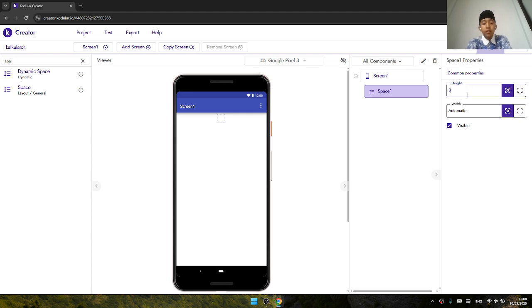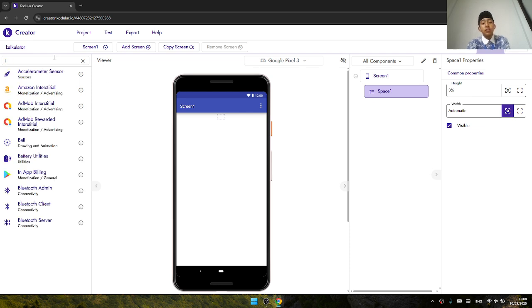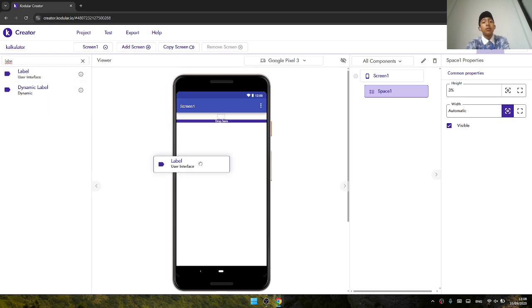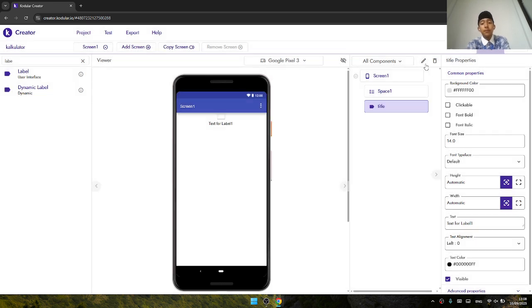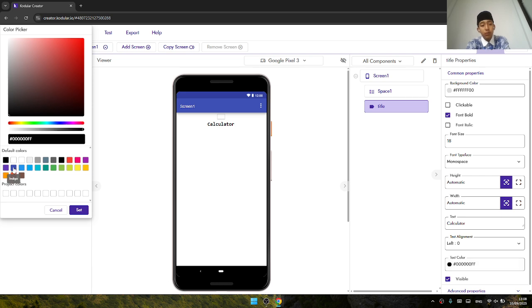Set the height to 3%, and go to the palette again, search for label, and drag and drop it onto the screen, and give the label ID the name info, and set the text to calculator. Don't forget to change the font size to 18, and font bold, of course, and then font type monospace. Then don't forget to change the text color to indigo.